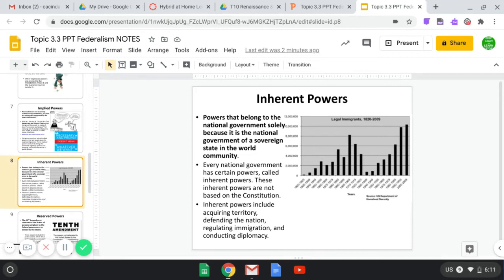Every government has certain powers that are not based on their constitution, which are these. So, for example, if we wanted to expand the United States, a good example would be making Puerto Rico or Washington, D.C. a state. Although Washington, D.C. is already part of our physical landscape, but separating it out. Puerto Rico is under our protection, but if we want to make it a state, that has to be done